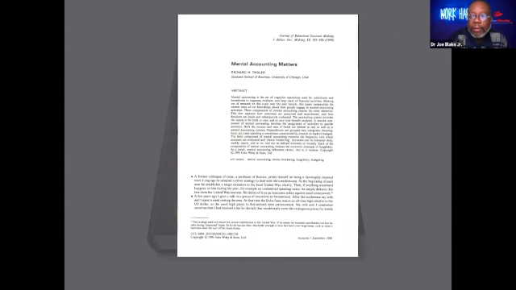So this is another term that I read about, and this is from Thaler. Actually, Thaler had a couple of articles that influenced my writing as I was doing my research. He talked about mental accounting. I know I used some technical terms, but that was part of the doctoral process of writing. I'll make things simple as we go along. But mental accounting is another concept that I've read about.